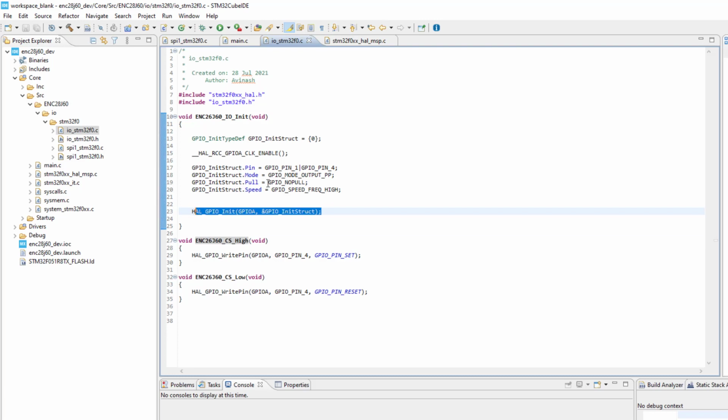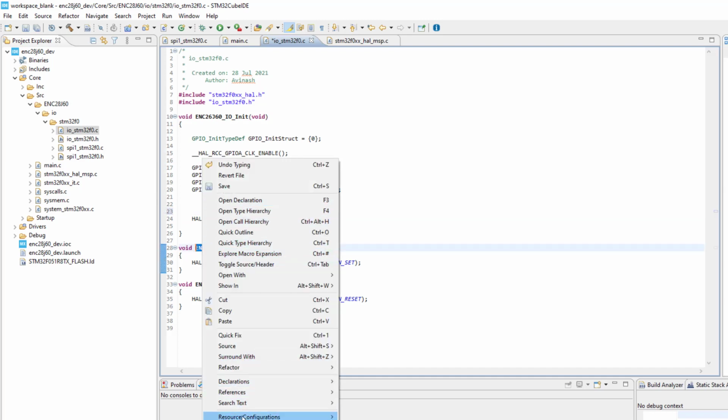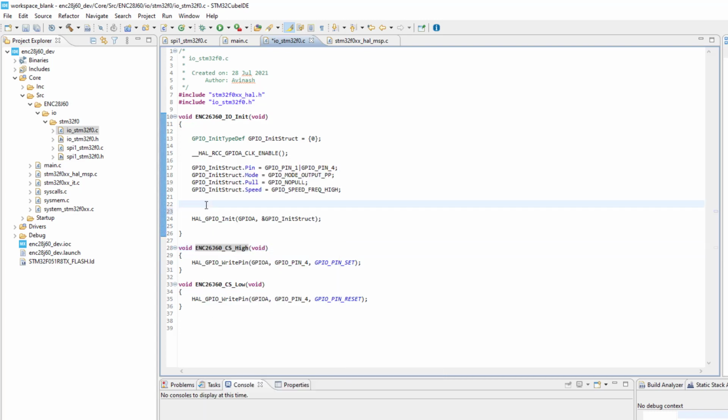Before we initialize the port, we just call this function, because at this point by default all pins of the microcontroller are at low state, but we want this CS pin, especially, to be at high state by default. So we call this function. Done. So by default our CS pin will be at high state, and whenever a transaction begins on SPI, we pull it low. Okay, that's it.